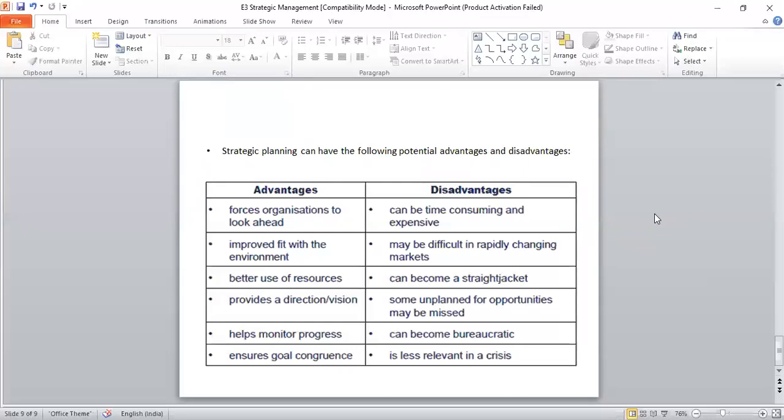Then what are the disadvantages? Disadvantages: if they are involved in planning, it could be a time-consuming and expensive business. Okay, that's a disadvantage. Technically, it would not be. See, without a plan, it is definitely not possible to understand whether they were able to achieve it or not. But if they spend a lot of time planning every intricate thing, it could be a time-consuming and expensive business.